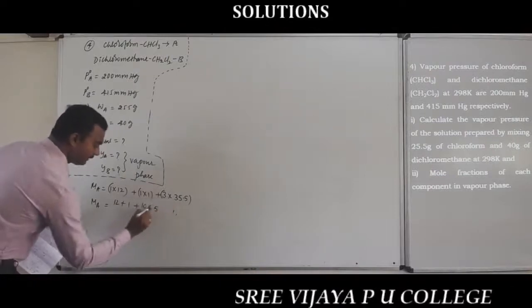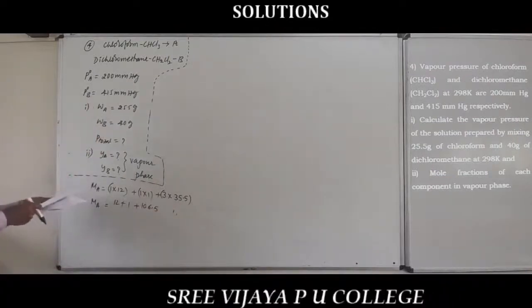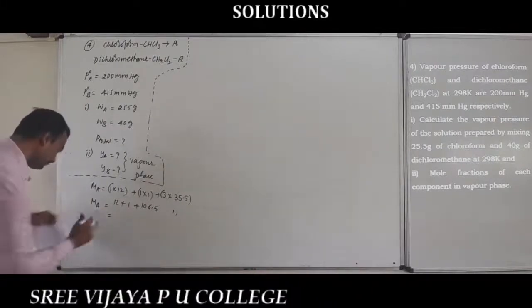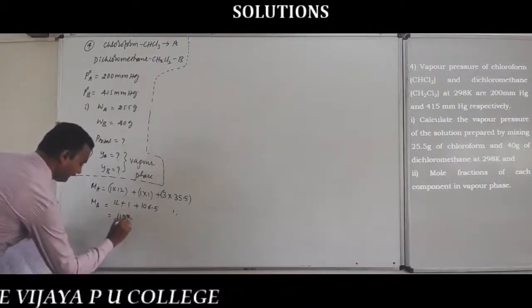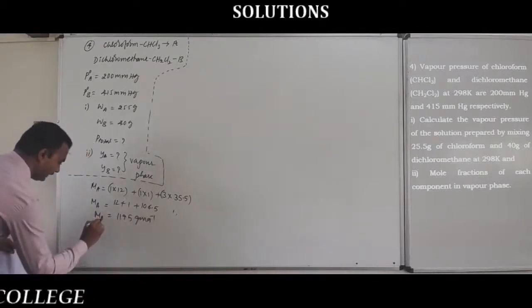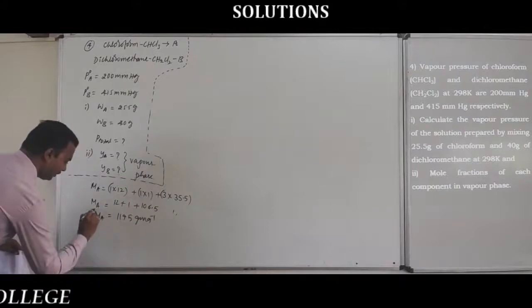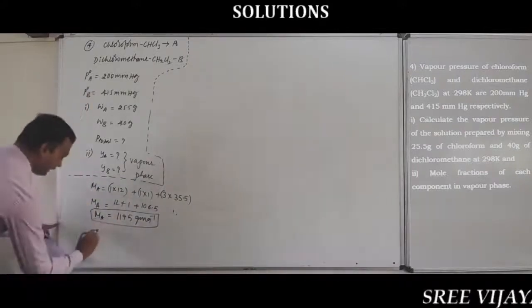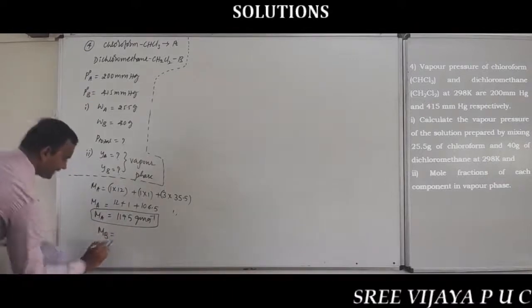So we add 1 together, 106.5. So the total, adding them up, is equal to 119.5 gram per mole. That is the molecular mass of component A, that is for chloroform. Similarly, we calculate the molecular mass of component B, that is MB, which is equal to